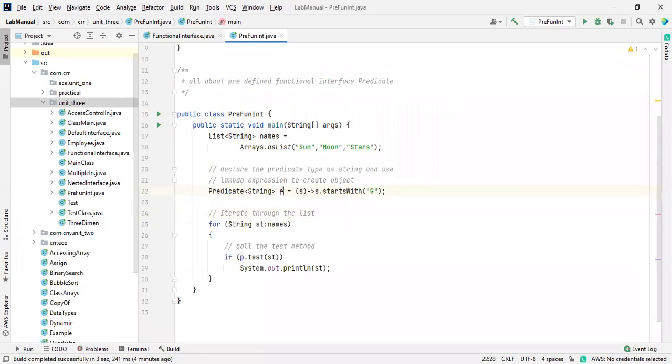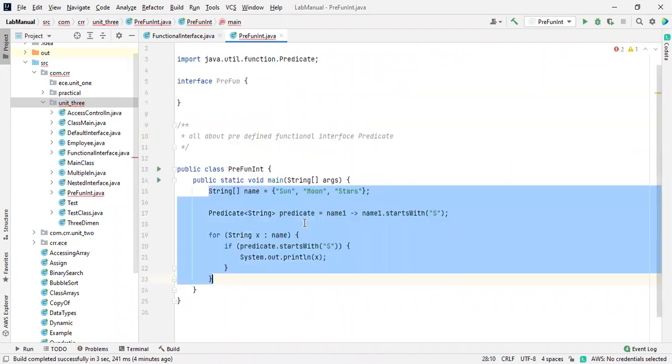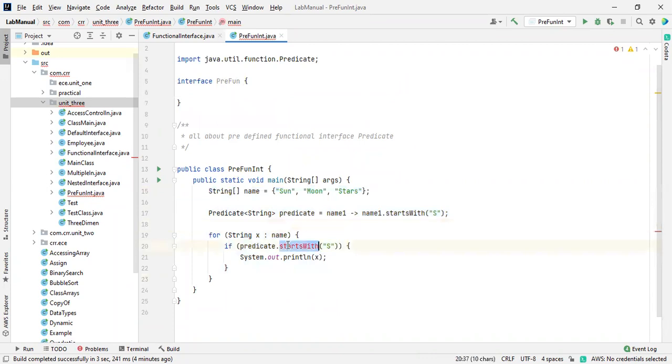Here I considered this as a P, and actually the name should be considered. So in this condition, it is working fine. P dot test. Oh man, yeah, even I forgot that. I didn't call this test method inside a predicate. Someone should have mentioned that. It's okay. Now I took this one. Arrays also will work. Let me show you that. Control Z. Here it should not be startsWith, it should be test. No one mentioned that, right? The predicate consists of only a single method, so that's why it is showing an error. There's no need to bother about that.